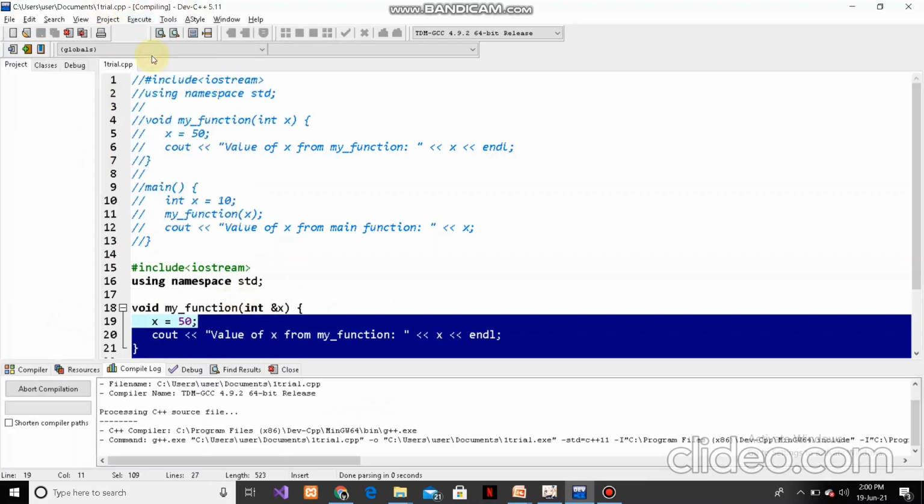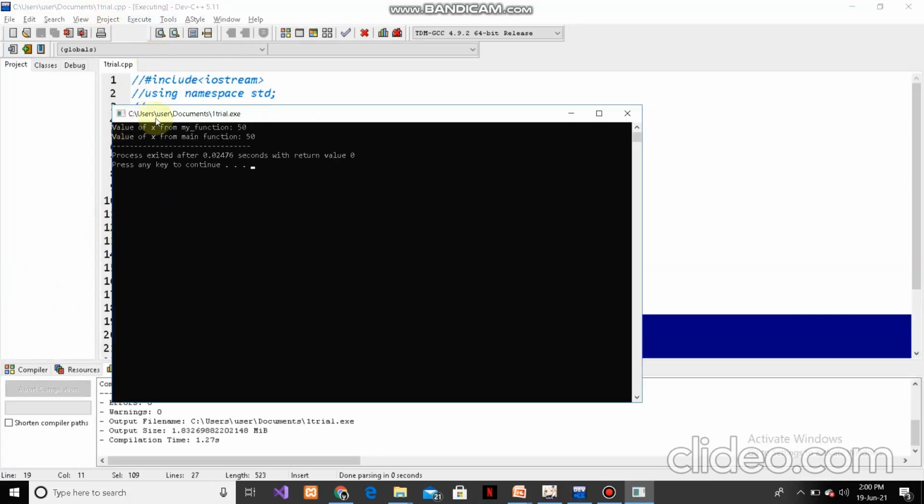Let's compile and run. So the memory will be the same, and the value is also the same, so it is not modified because it is referring to the same location.